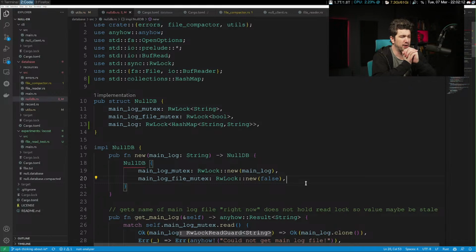Now, the only hard part here is when you first start, you'll have to populate